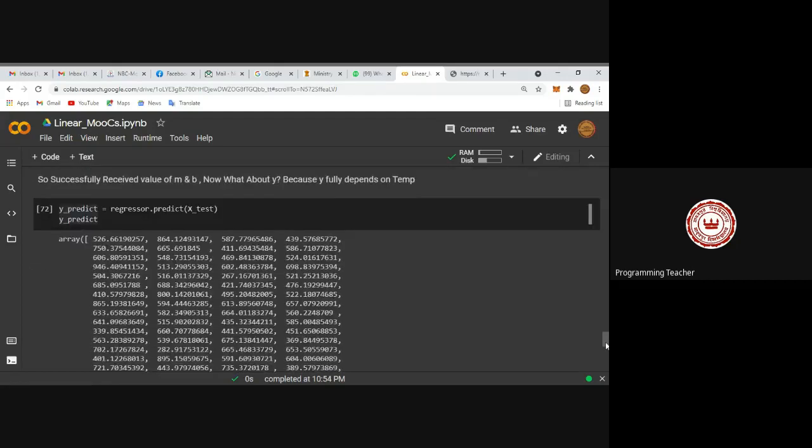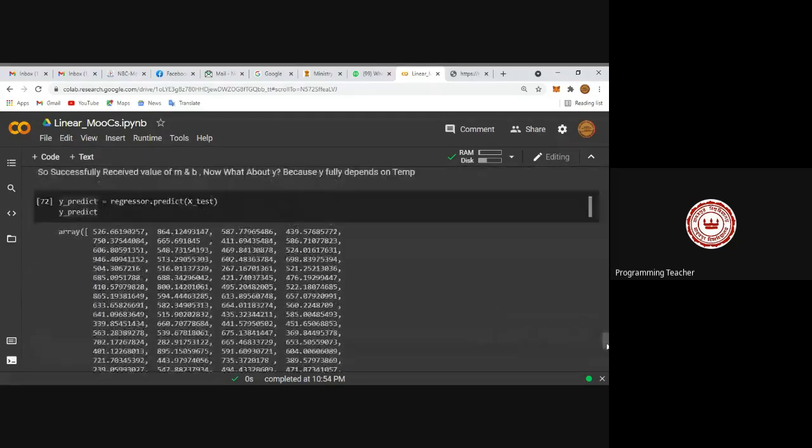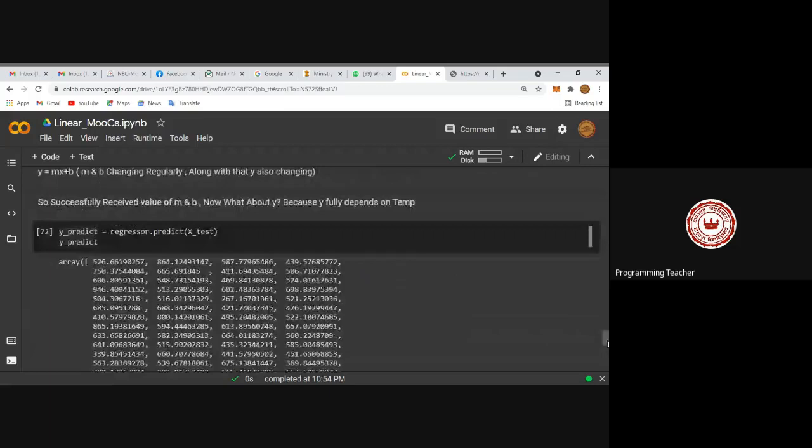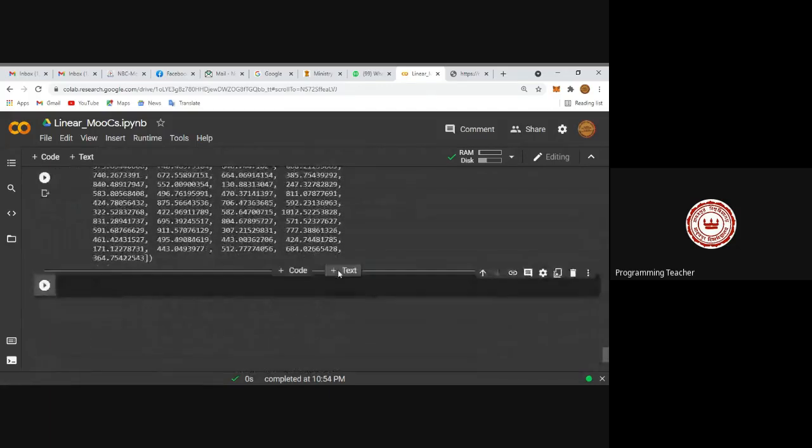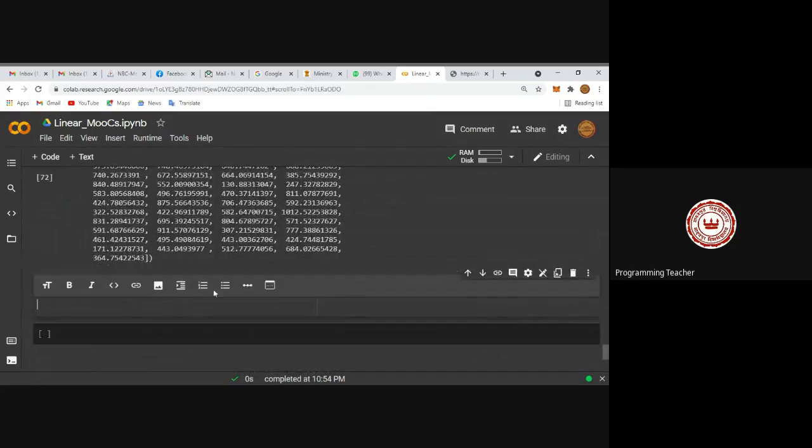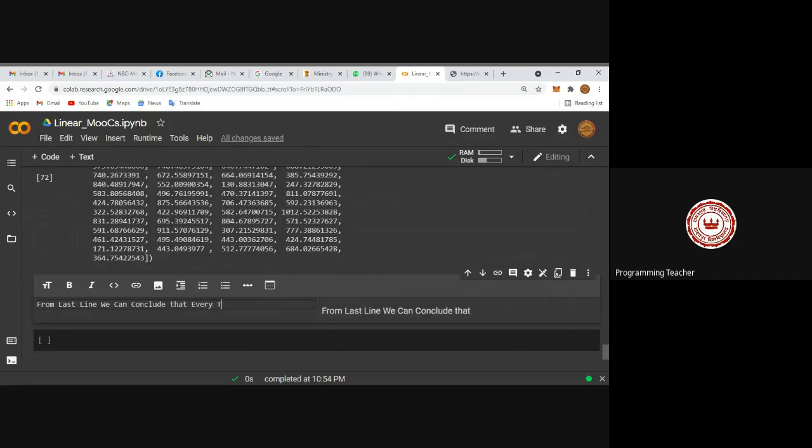So your y value totally depends on x test. Every temperature gives a different revenue. So from the last line, we can conclude that every temperature gives a different revenue.